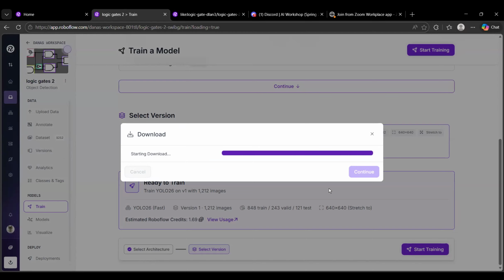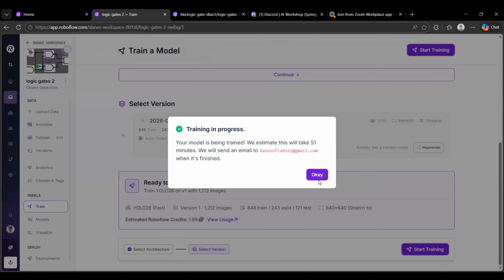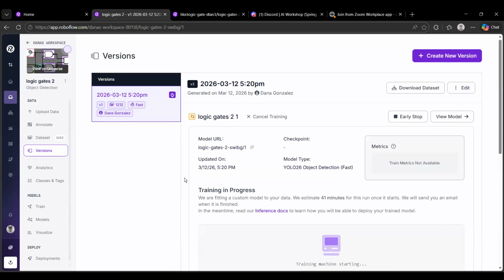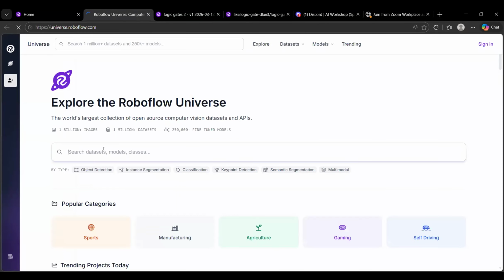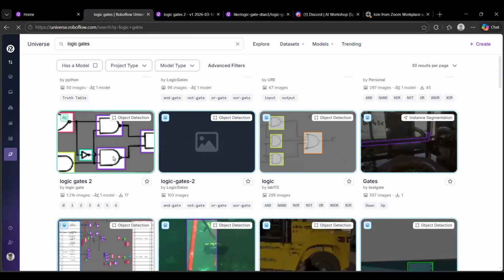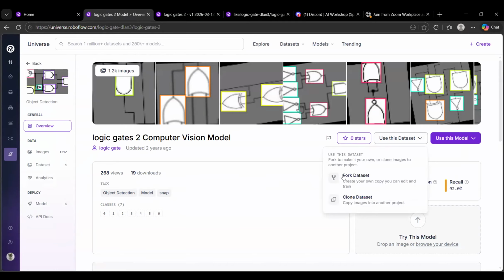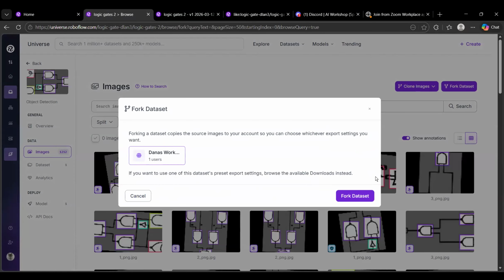You go to fork dataset, and then you fork it. You wait for it to be forked. And then, are you doing it right now? Did you choose your dataset? I have to choose like a random set. No, like these are datasets. So go down. This is a good one. Use this dataset. Oh, this one's fine. Fork dataset. Oh, you didn't make an account. We're gonna make an account. Did you sign in? There we go.